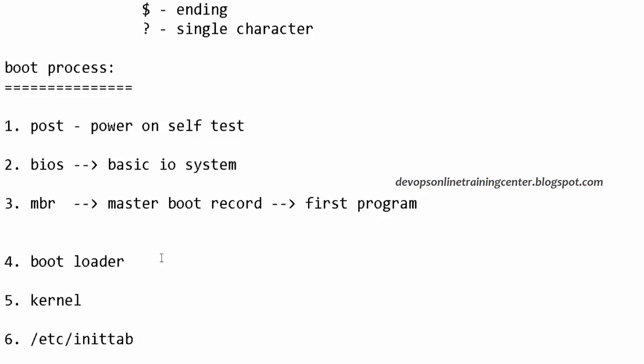So there is a configuration file which has information like what all the operating systems it has, and then it will give a list, right? So there we can select whether you want to select Windows or Linux. And once you have selected, let us say Linux, then the control goes to the kernel, which is again a software to manage the hardware, does the process management, does the memory management, and all that stuff. Right?